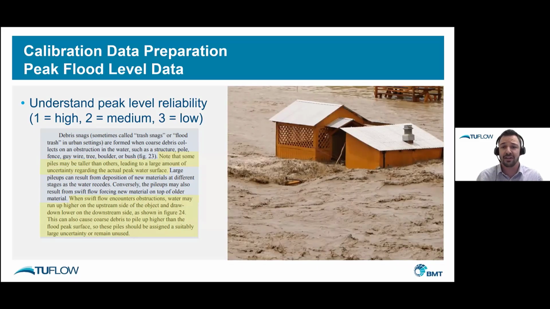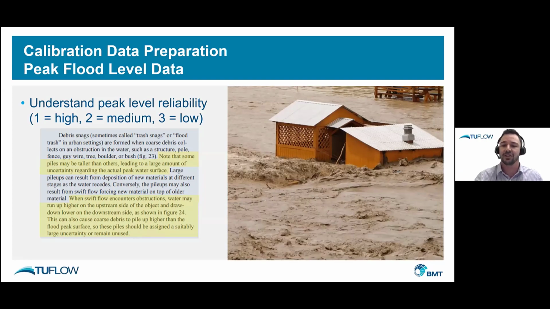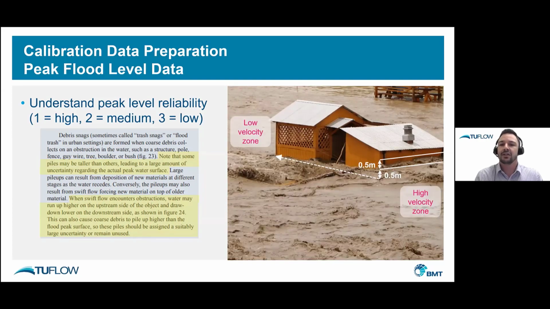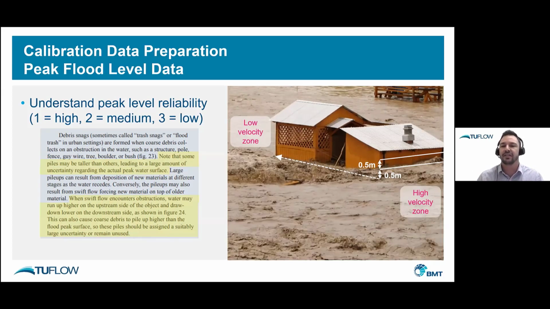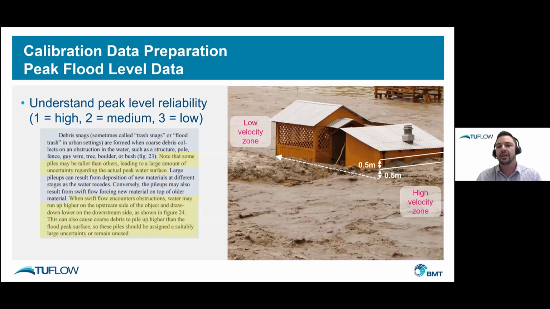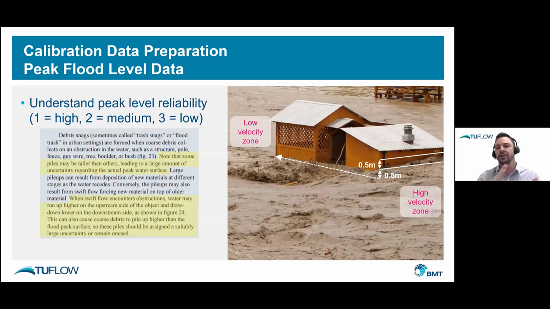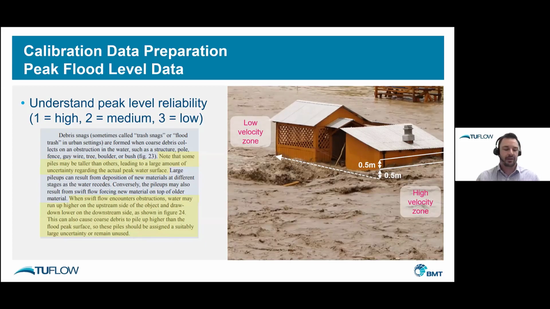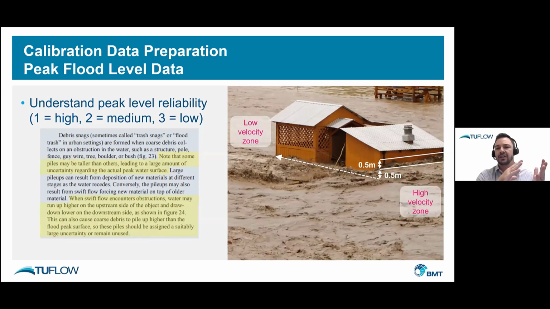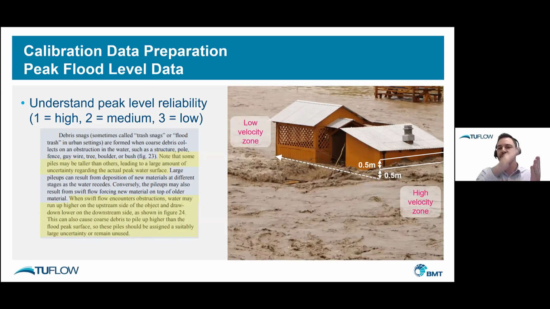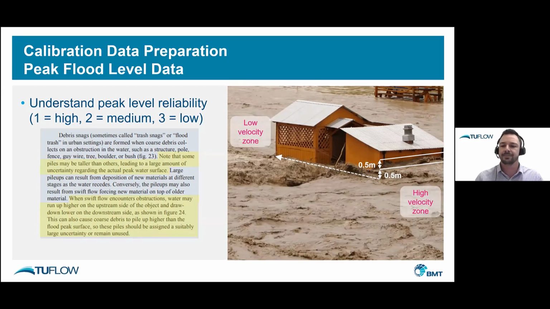I thought this video here presented it really nicely. It's nice to ground all of our work on real information. Look there, you can see behind the building and over in the background by the fence, that's a low velocity area, and the flood levels don't vary much there. Whereas in the high velocity zone, where you've got the loading up against the wall of the building, momentum is pushing that water up against the building, so it's elevated to start with, which is fine, but the variation in level there is pretty significant, just due to the turbulence.